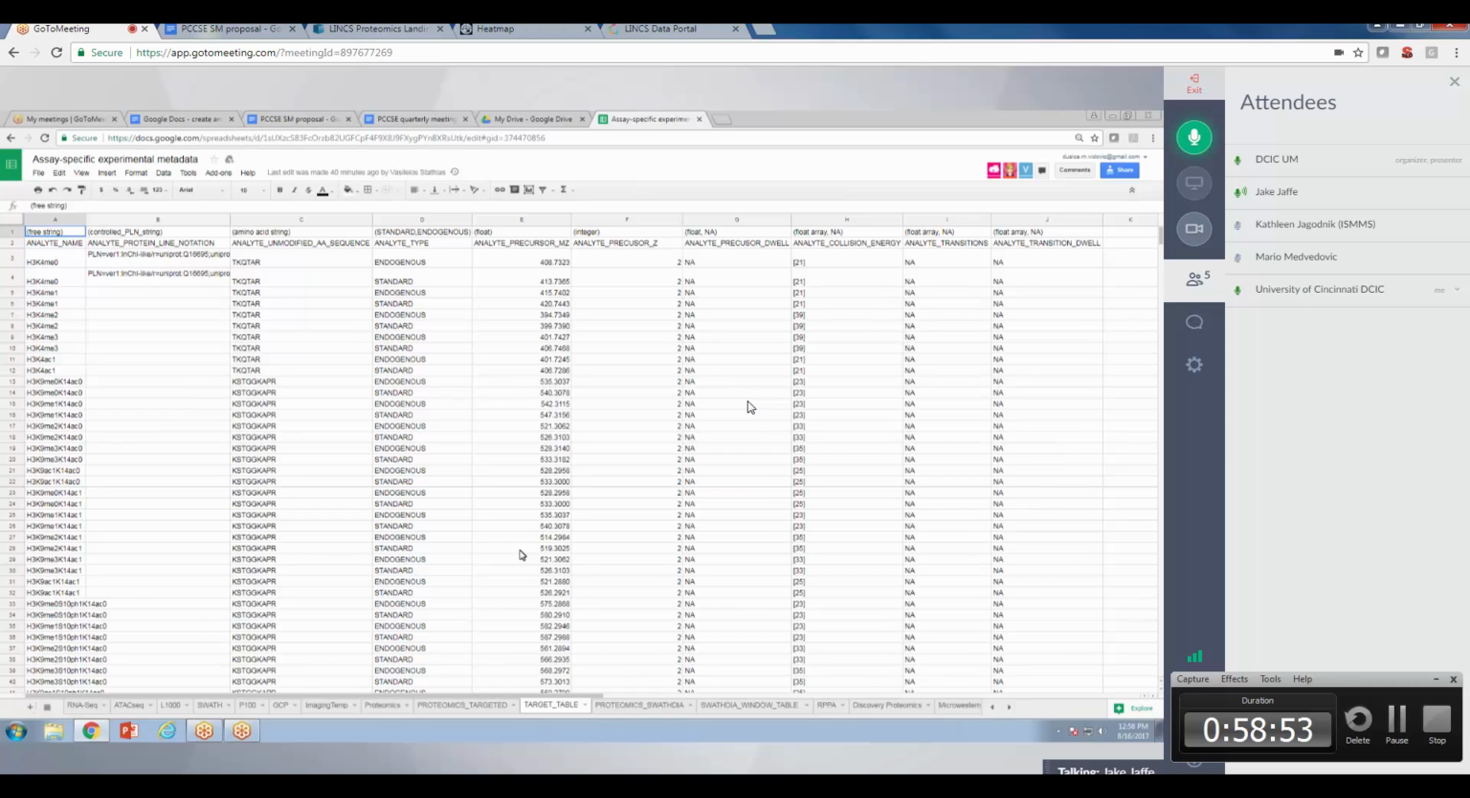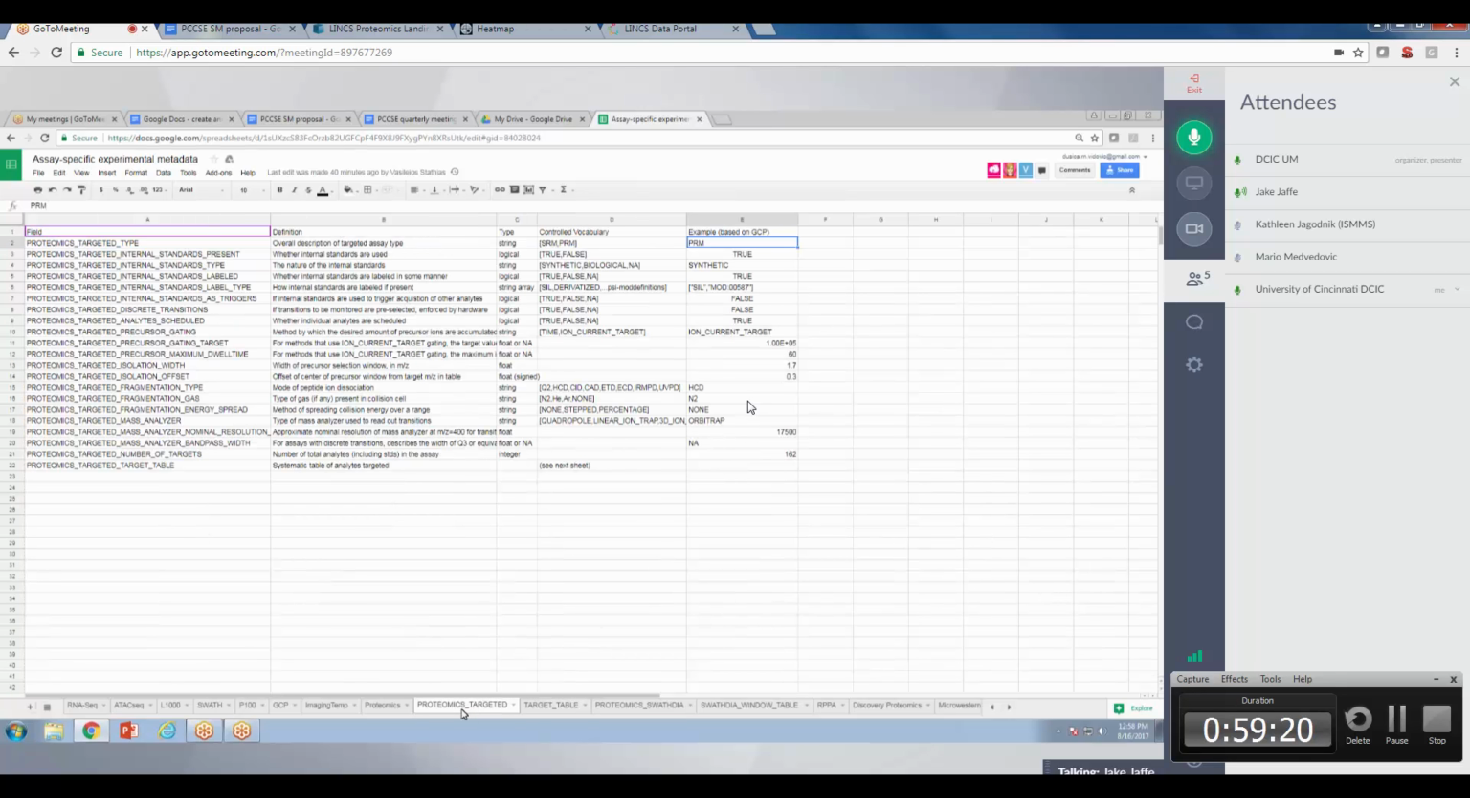Is this what's column B, analyte protein line notation should contain that. Okay, fine, and we'll just want to make sure that it's representing the right level of information. It's not overly specific, but it connotes the thing. So then